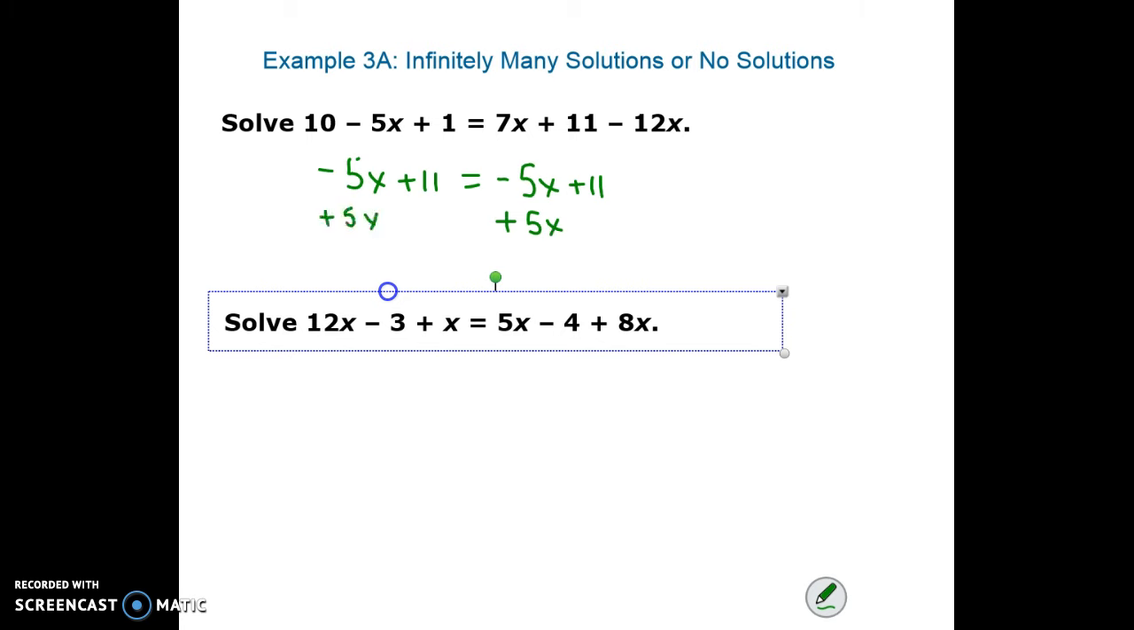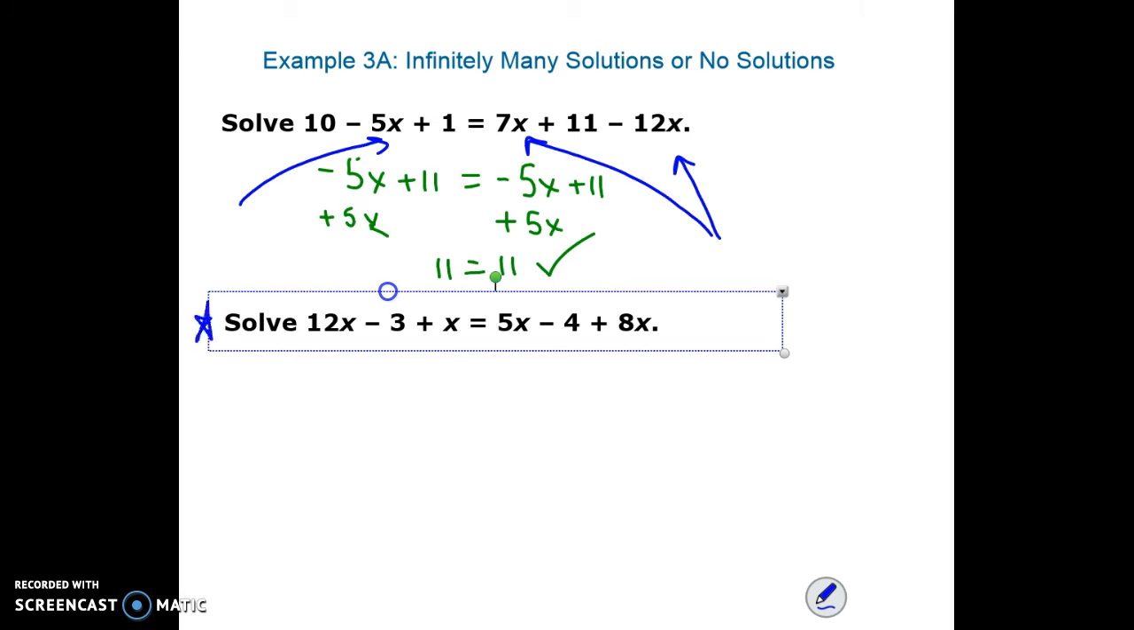Right? The x's drop out, and 11 equals 11. Infinitely many solutions. What I'm saying is whatever x I plug in here, I plug the same quantity of x in here and here, and that equation will balance out. If you take a look at this next one here,